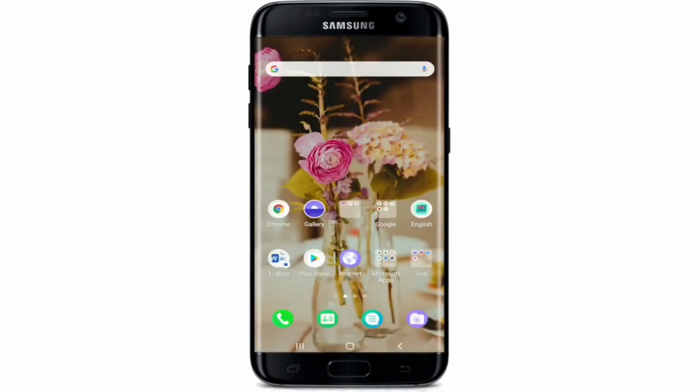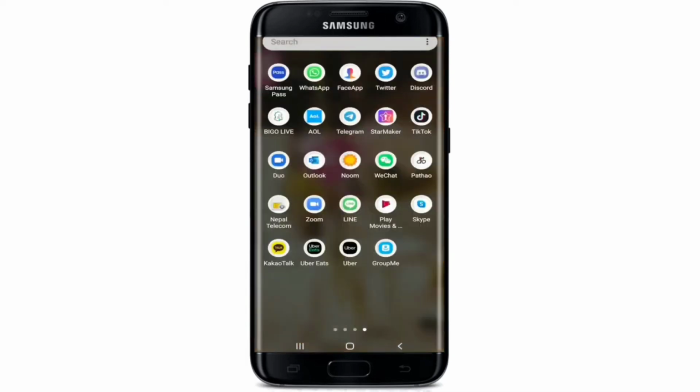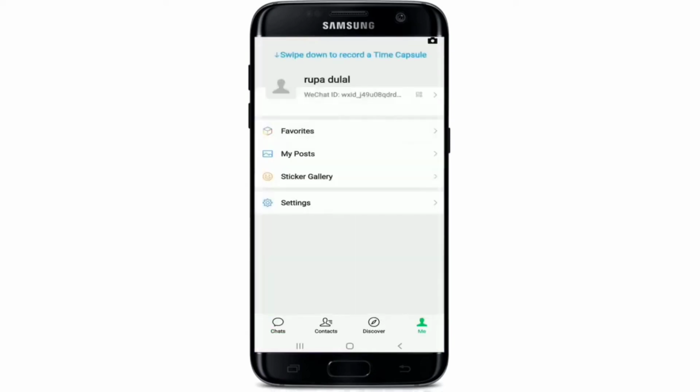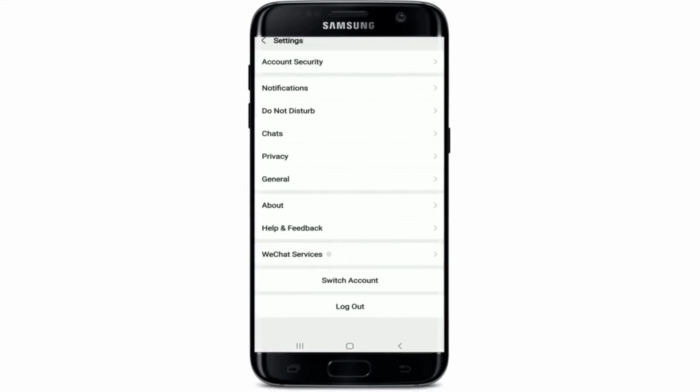How to change your WeChat account's password. In order to change your WeChat account password for your further security, you can just go to WeChat application from your app list and tap it open. From the home page of WeChat, tap on the Me icon at the bottom right corner. From this page, tap on the Settings button at the bottom of the screen and tap on Account Security at